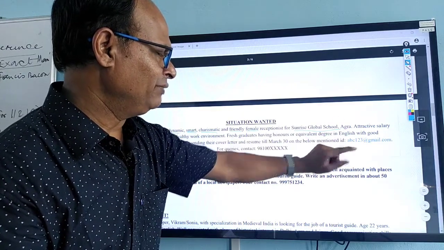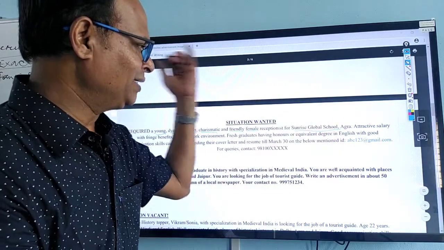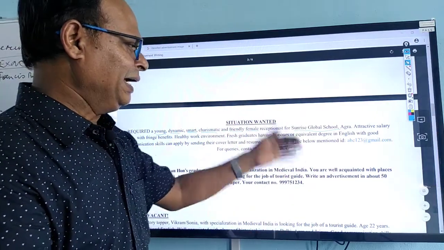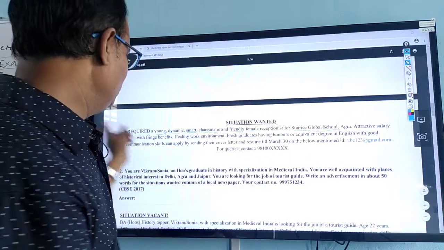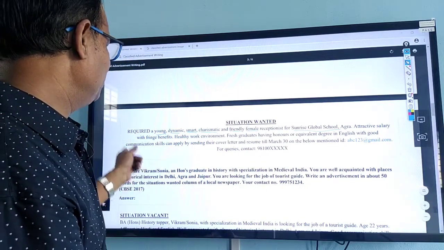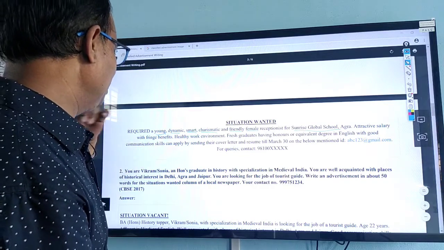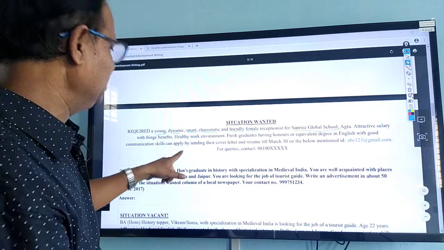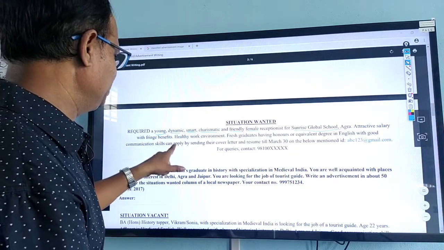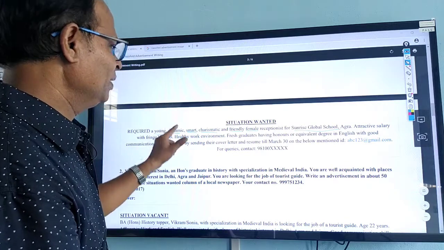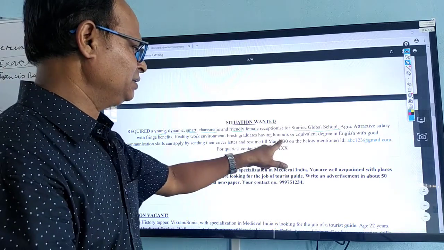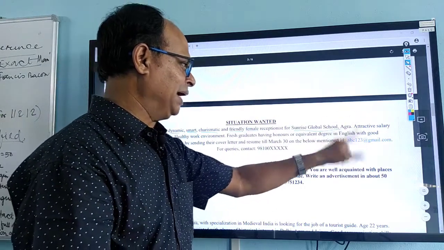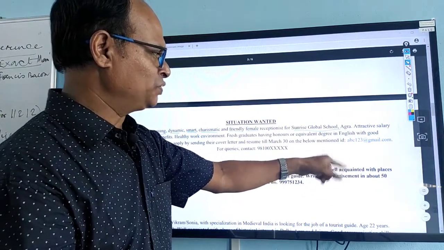The person should be very communicative, very fluent in English, and therefore a fresh graduate having an honors degree will be suitable for this job, because he or she will be capable of communicating with people with confidence and with the full biodata. She will have to send the resume, and the last date of the resume will be March 30, and it is to be sent to this email ID